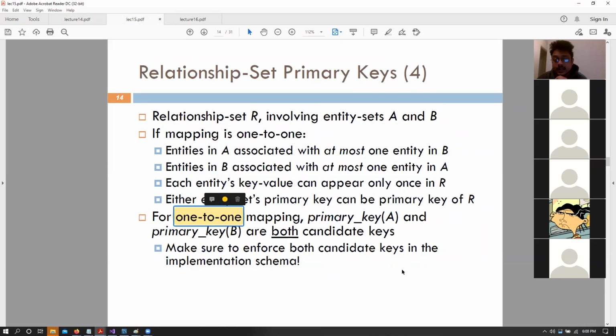Okay. And in case of one-to-one, we also discussed this earlier last class. Both primary key A and primary key B are candidate keys, but they are separate candidate keys. They won't be used together. In that sort of situation, we would say that primary key B is the primary key, but primary key A has a unique constraint, right? So primary key A won't be occurring more than once. And that would actually confine us to a one-to-one relationship, right?